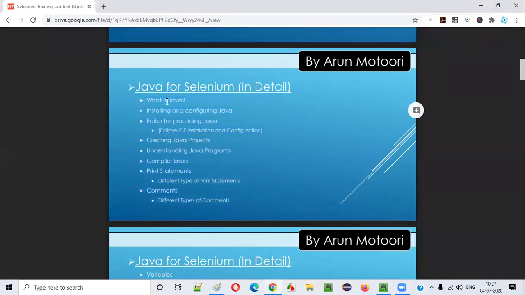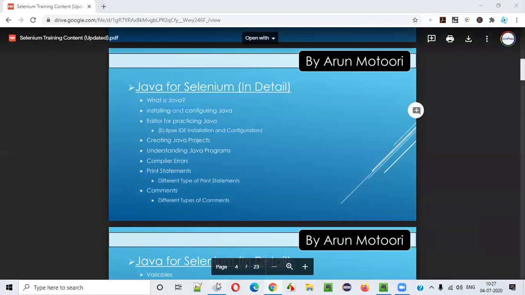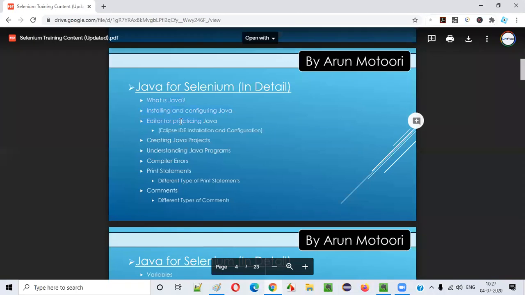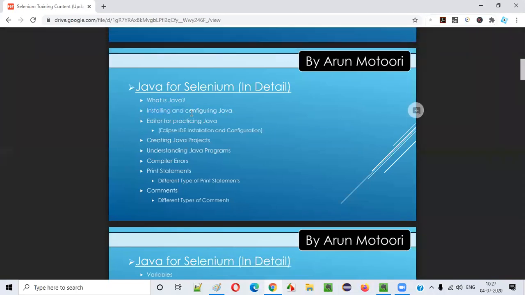Fine. So now coming to Java, I told 35%. What exactly will be covered in that 35% of my course dedicated to core Java? Let me show you the different contents starting from the beginning, guys. Some people may feel I should not be explaining installation, but other people may need this. Few people are already good at installation and configuration, but there may be some absolute beginners.